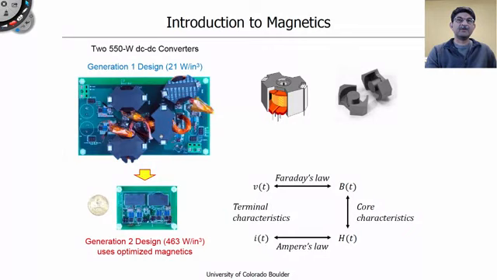Hence, learning how to design magnetics well is an important skill for all power electronic professionals. Inductors and transformers are typically made by winding a wire around a magnetic core. While from a circuit perspective, you may only be interested in the terminal behavior of a magnetic device, that is the relationship between its terminal voltages and currents,